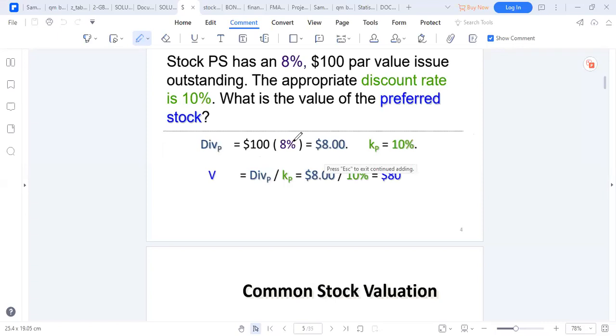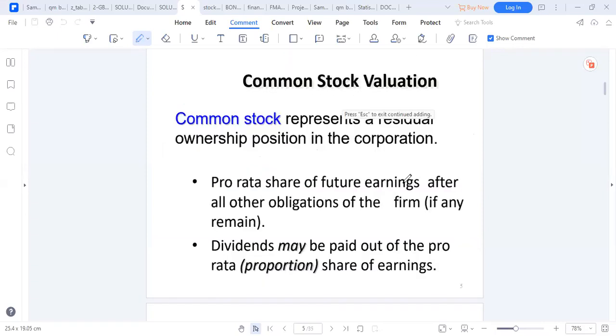Now, where the interesting position comes is when we're dealing with the common stock. The common stock represents the residue of ownership. This means that after everyone else has been paid, they now deal with the remainder. The remainder is a residue which goes to the ordinary shareholders. Any questions so far? Okay, so if we've gotten that, we must also understand that common stockholders are paid on what is called a